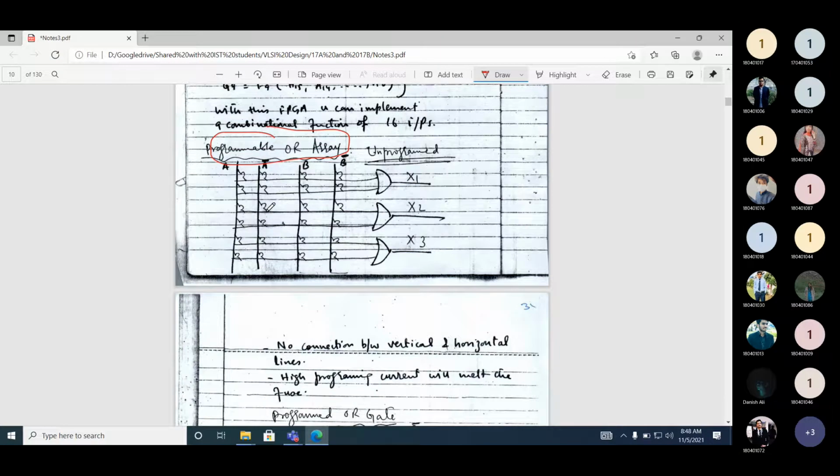Okay, if you look here, we have two connections. One is the horizontal connection, another is the vertical connection. This is a horizontal connection in red. And what about the vertical connection?